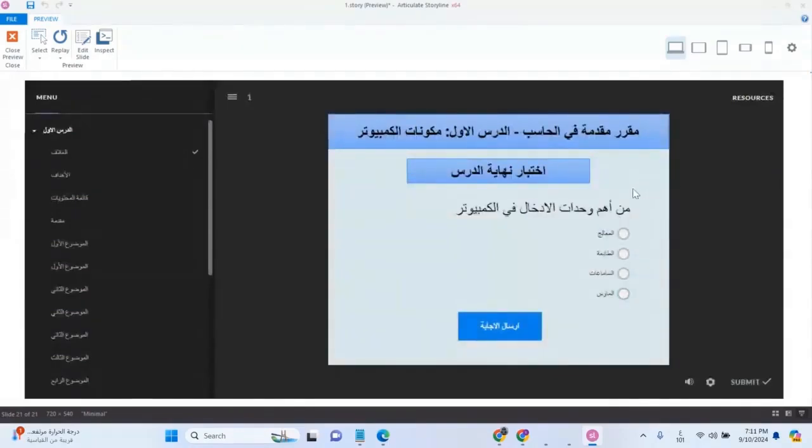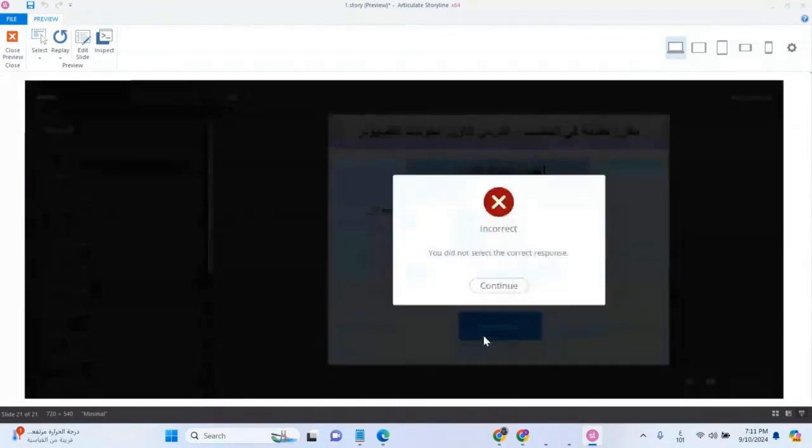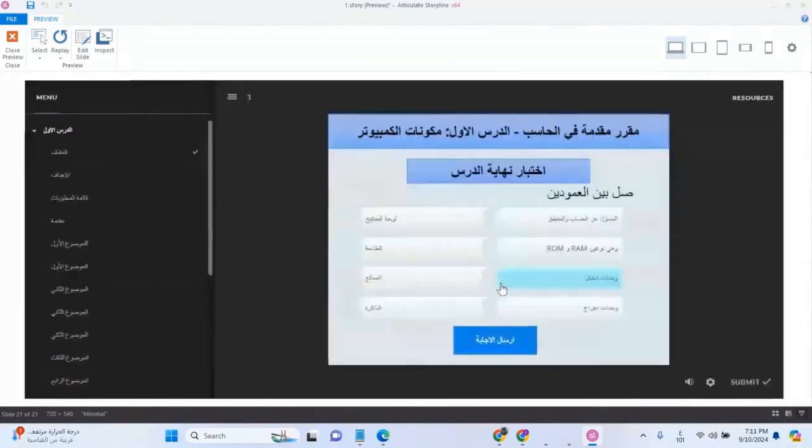Okay, I need numbering for the questions. One of the most important input units in the computer is the mouse. So I've got 2 questions right. I'm at 50% and I want to get 75%. Here, I take it that there's an error. Input units. It said 50%, I got 2 points.